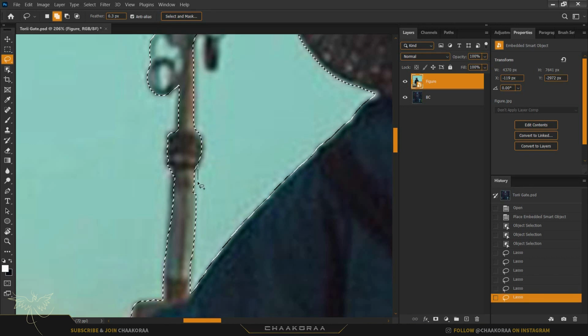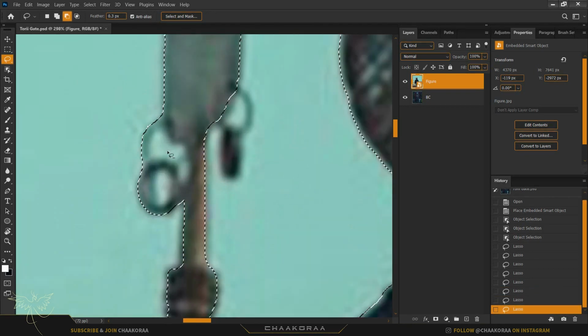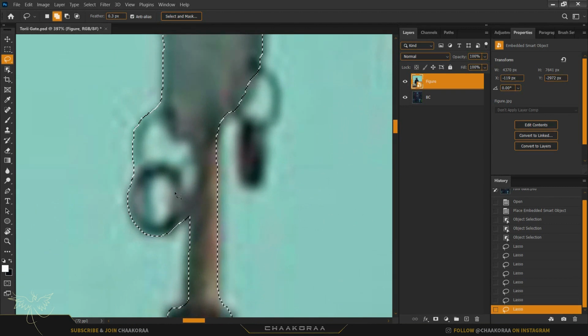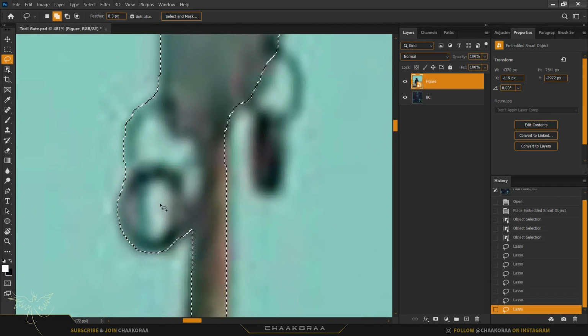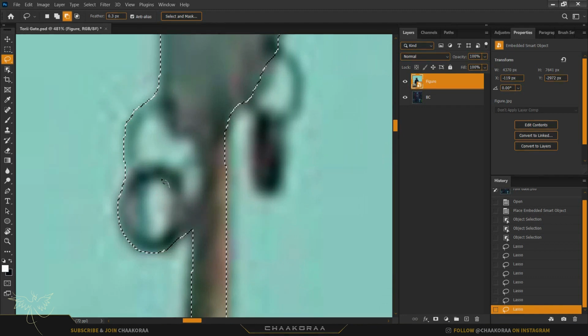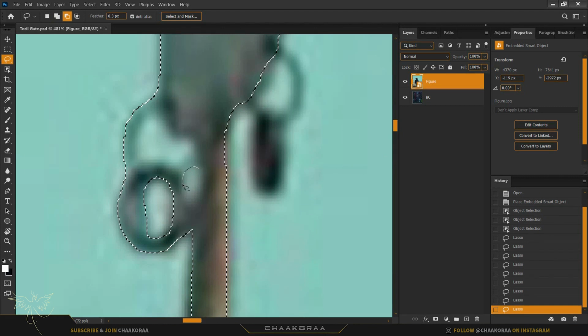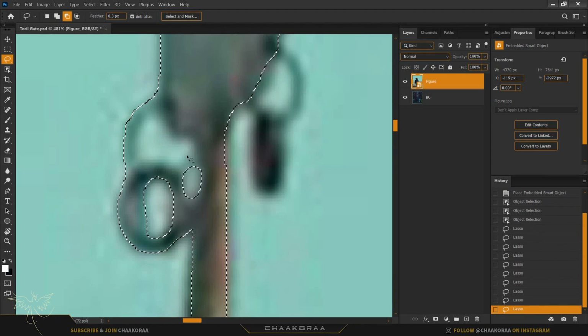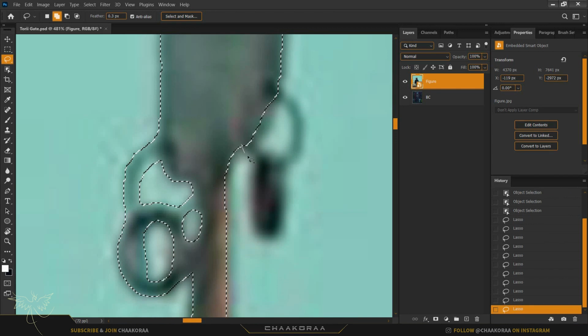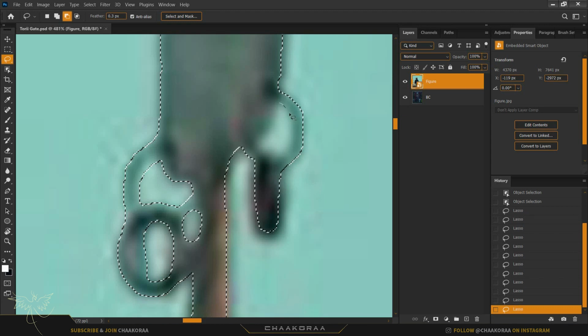And let's correct this one as well. And also we have to fix these parts here. We have to minus this part. Let's subtract it, and also this part, and then this part, like this. We have to add this part to the selection, and minus this part,